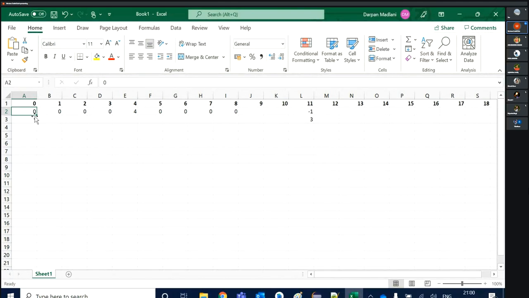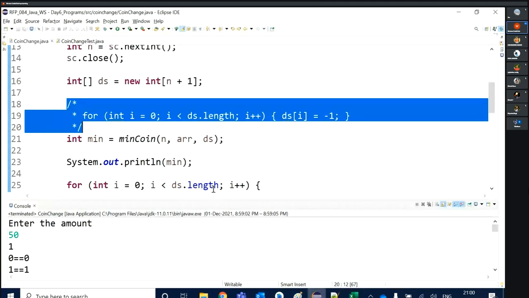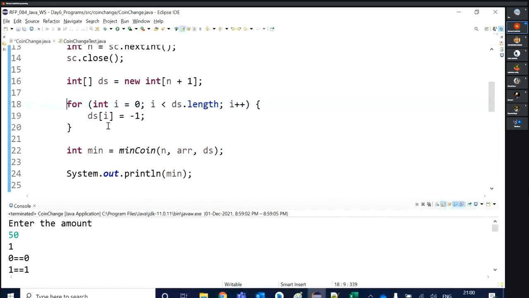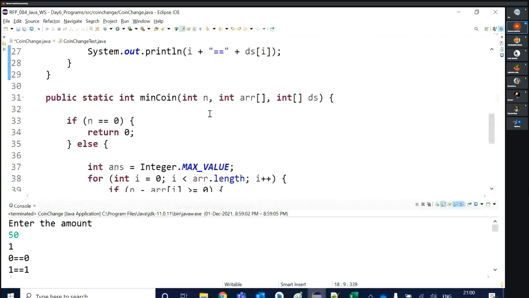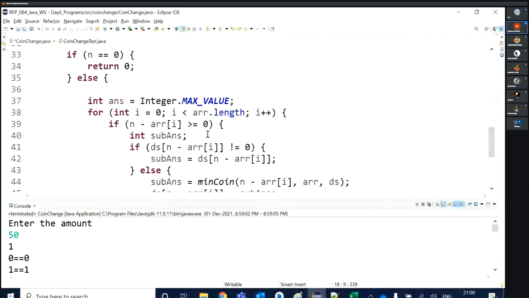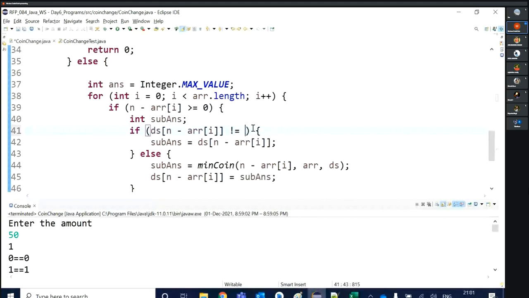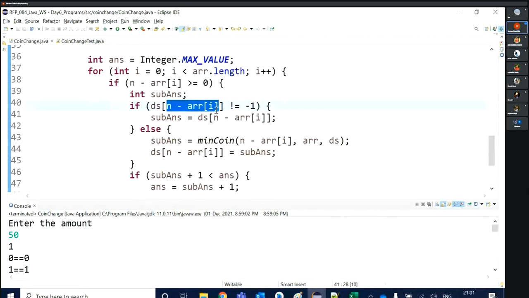If my solution answer is the -1, then I will know that I don't have the solution for the amount 0 or 1. That's why for the safekeeping we should go with the -1. And here we check the condition with -1 only. It means we don't have a solution for this amount. This condition indicates that. Getting me?